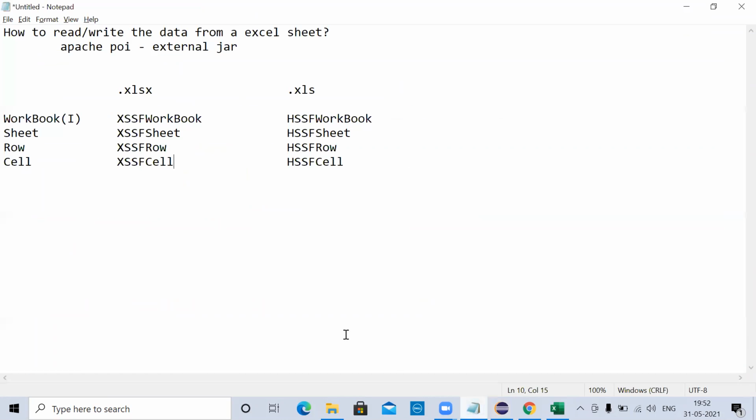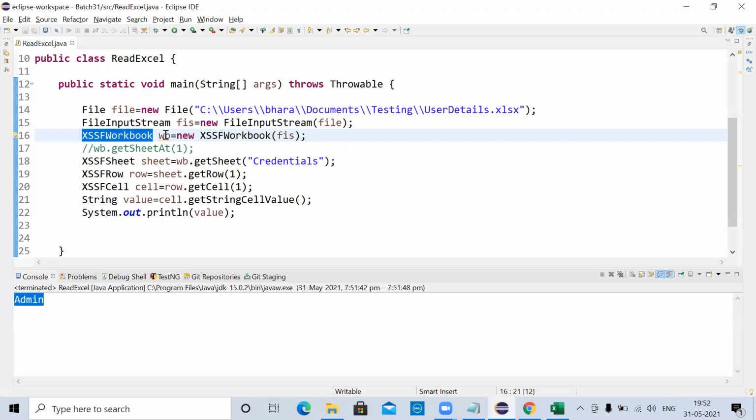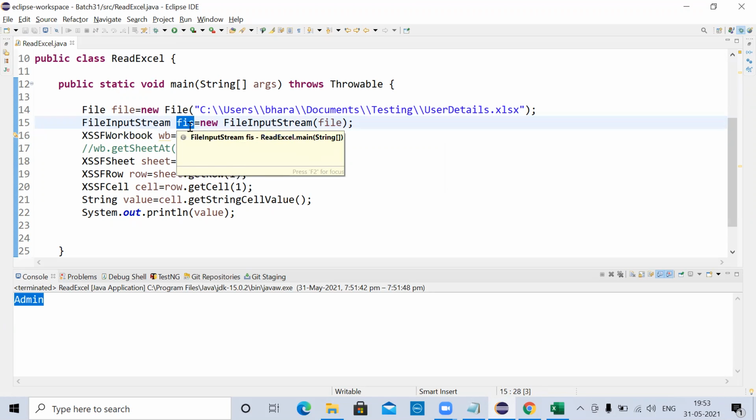If it is XLSX, then these classes should be used. If it is XLS, these classes should be used. I mean, it starts with HSSF. If it is XLSX, it starts with XSSF. So I'm using XSSFWorkbook, and I'm passing this FileInputStream because right now it is holding my data. So that will be passed into this workbook object.